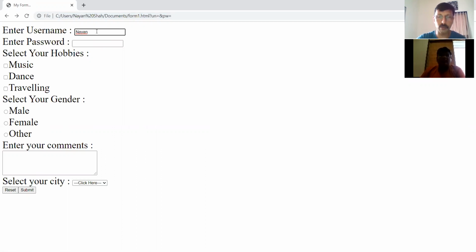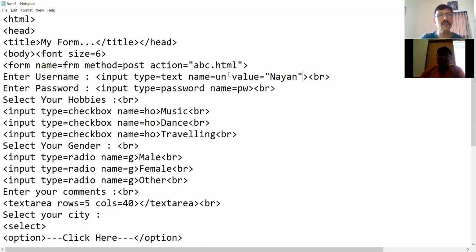Then if you feel, okay, this is not Nayan, and you want to write some other name, say, let's say Krutarth, you can change it. You can always change it, but by default, it shows you Nayan, as in when you refresh the web page, it shows you Nayan. So that is the default value, not much used, but still it is there. So I just showed you. Now I will remove it, the value attribute.